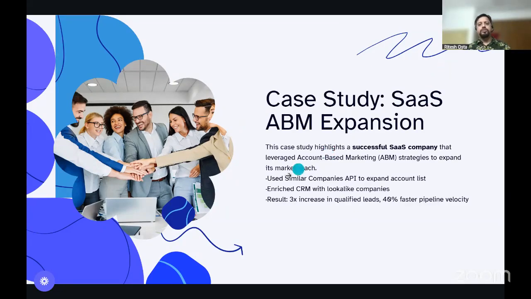So you can just call the similar company API to expand the account list, enrich the CRM with lookalike audience, and just do an outreach, okay, and fill the pipeline if you're a salesperson. It's pretty straightforward, right? It's like a sniper bullet technique, right? If you are under stress, if you're a salesperson, if you are under stress to fill up your quota and expand your pipeline, this is the first step I would suggest you take.